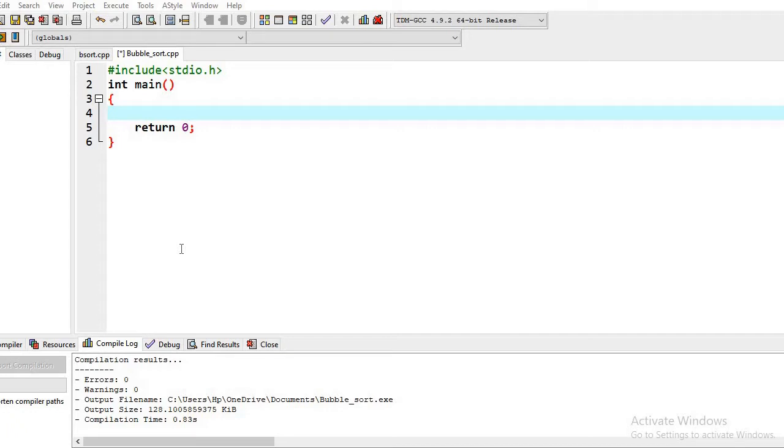In this video, we will try to understand the bubble sort algorithm with the help of a C program. We'll also do some optimization in the program, and if you want to know what the optimization is, please watch my video till the end. I hope you have already watched my previous video about the bubble sort algorithm. If not, no problem, you can go through that video after watching this one.